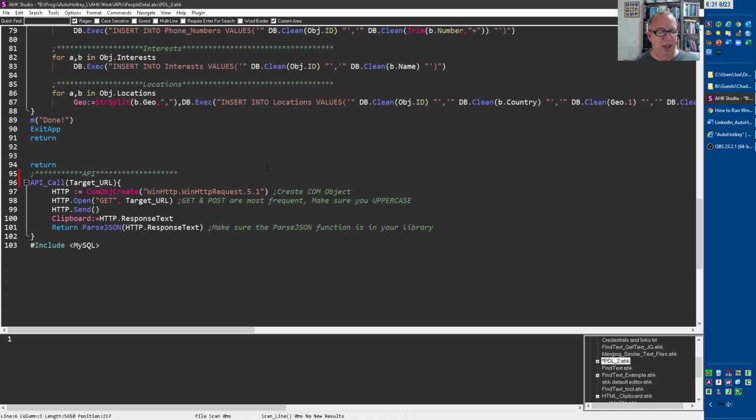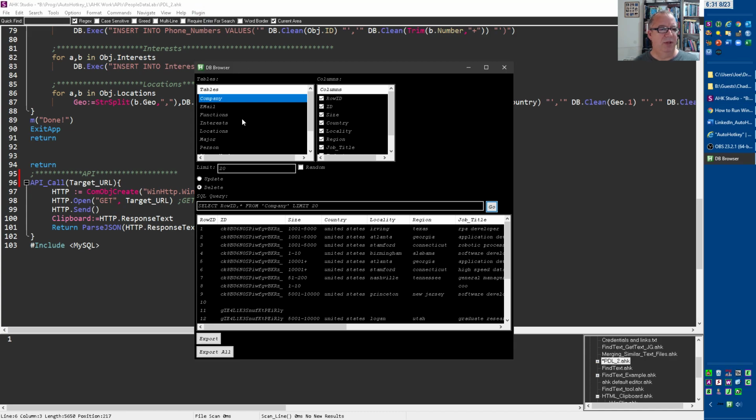So that's pretty awesome. Now let me show you, there's 2 ways I can do this. There's a plugin in Studio if you have it in the folder, I think. So these are the different tables. This is the company table, and the unique ID is that person's unique ID. So that's what joins all of the tables together.